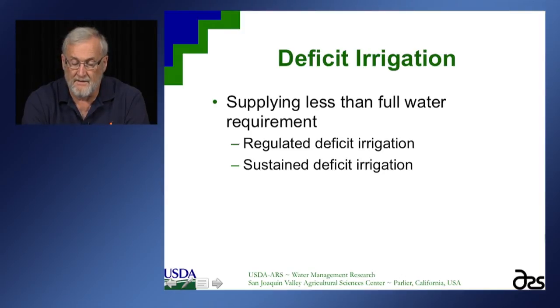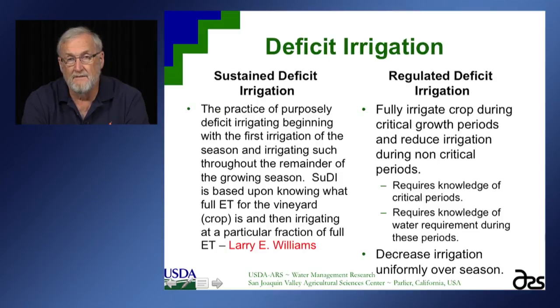One thing, and there's one of the seminars that talks at length about deficit irrigation, but this is the idea that you're going to provide less than the full water requirement. Going back to that water productivity curve, that's that ET part of it. So you're going to reduce that and try to maintain the yield. And so two terms that are frequently used are regulated deficit and sustained deficit irrigation. The sustained deficit is simply the idea that you know what the water requirement is throughout the entire season, and what you're going to do is simply reduce the amount of water by a given percentage.